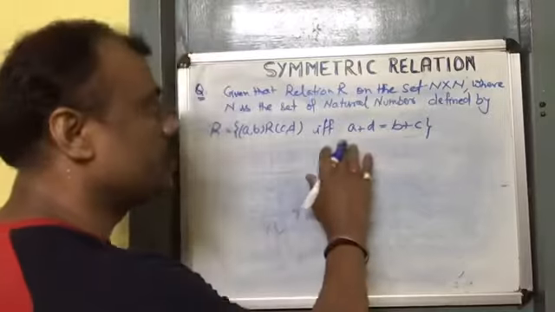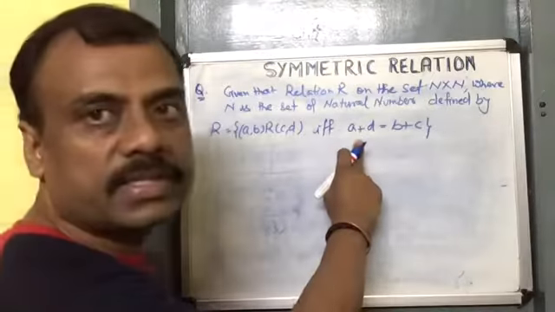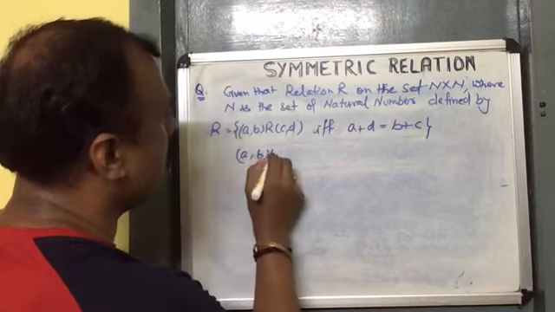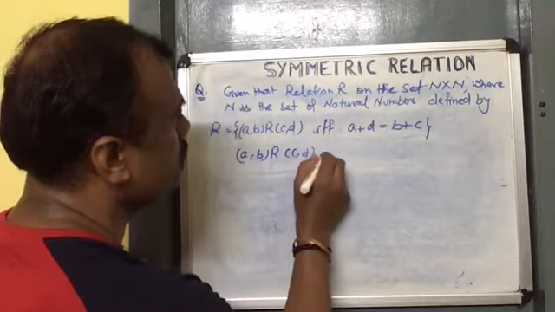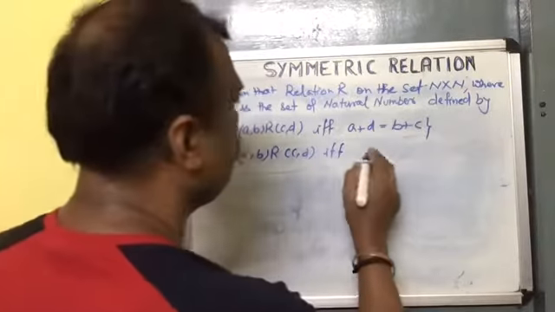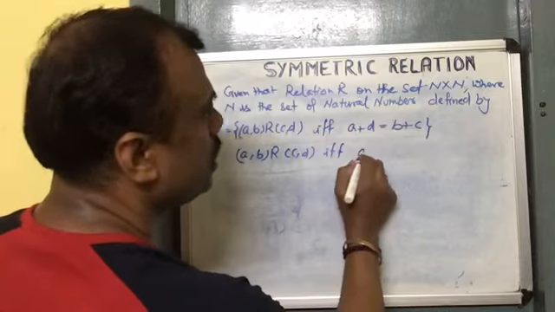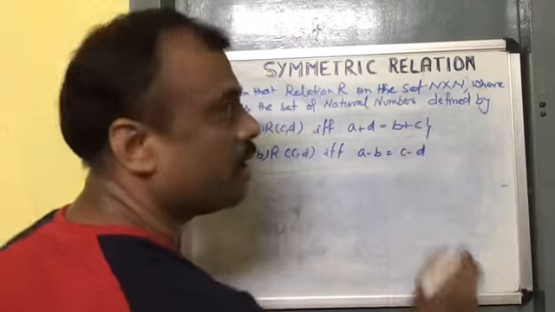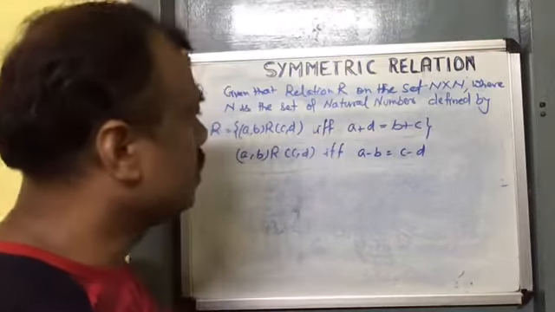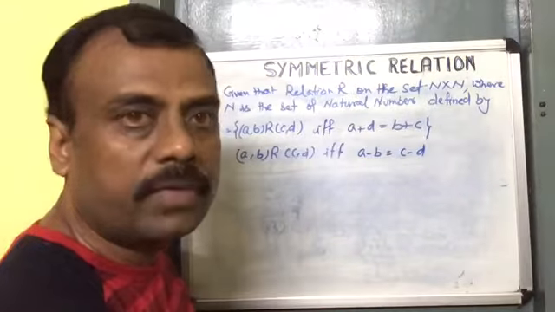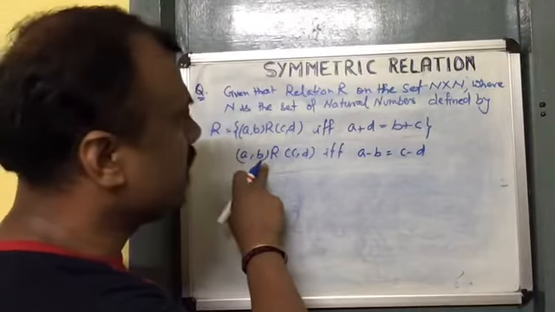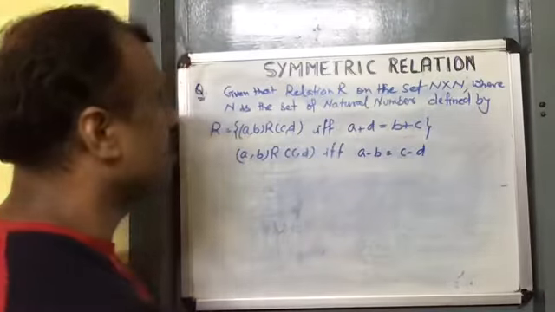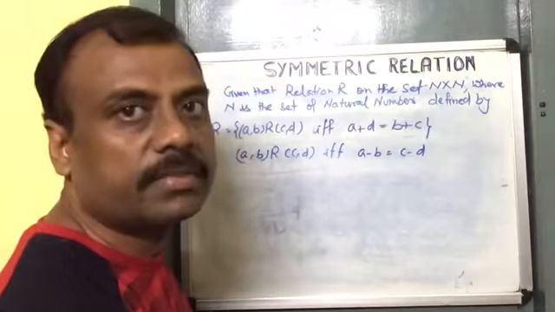So we can prove it in this way also, or we can modify this relation also. I am going to modify it: (A,B) R (C,D) if and only if, I am going to transpose it, A minus B equals C minus D on this side. Why have I done this? Because to understand the given relation in a better way. This ordered pair has A, B, so I have put A, B on one side and C, D on the other side. Let us see whether the given relation is symmetric or not.